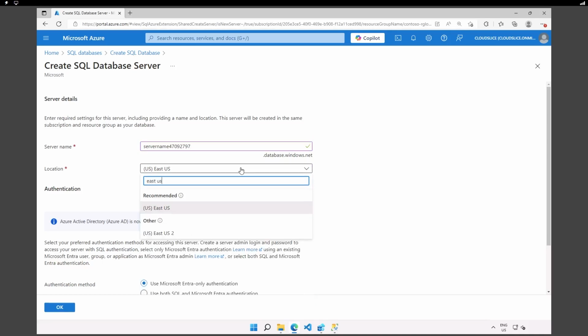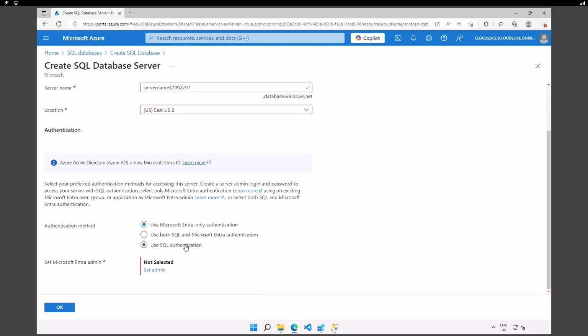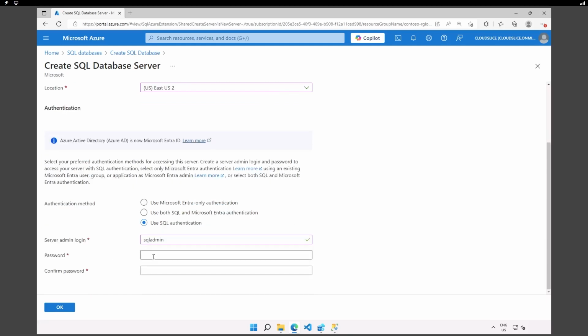As mentioned, I'm going to be deploying East US2. Okay, for authentication, because we will need to connect to the database, I'm going to be using the SQL authentication. I'm going to call it the SQL admin. Pay attention that you should remember the admin username, the admin login, and its password, as we'll reuse it